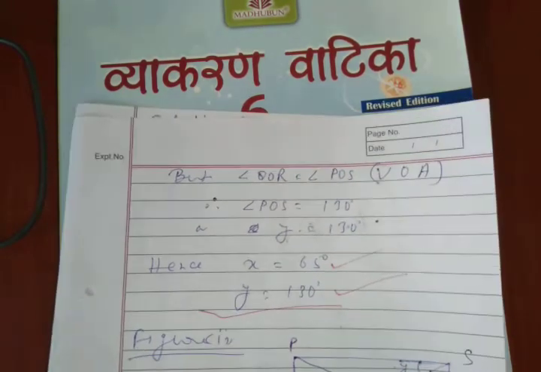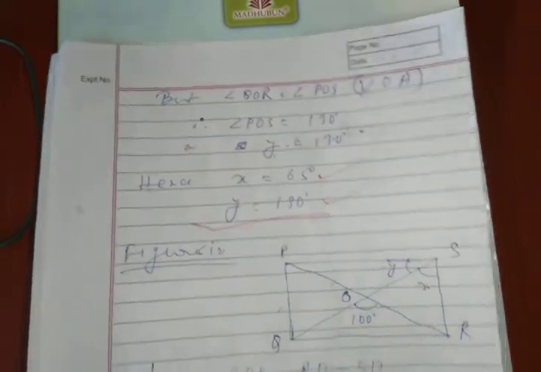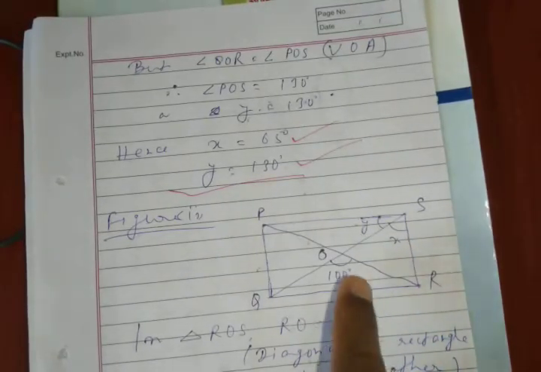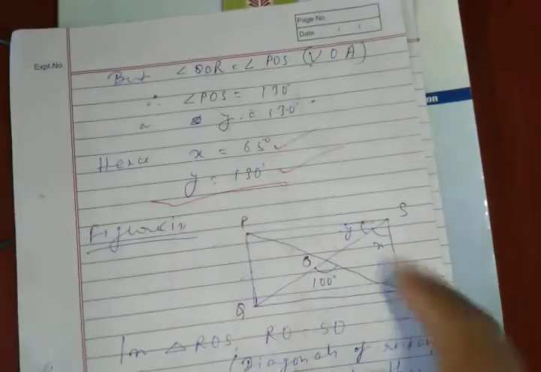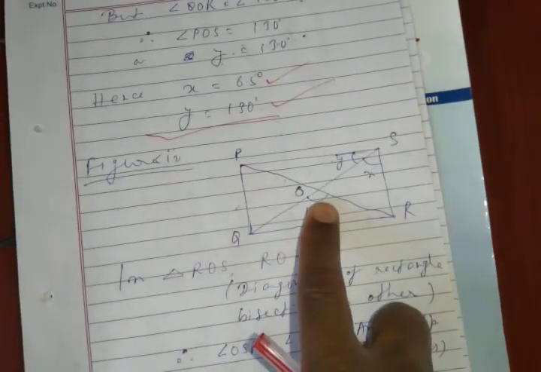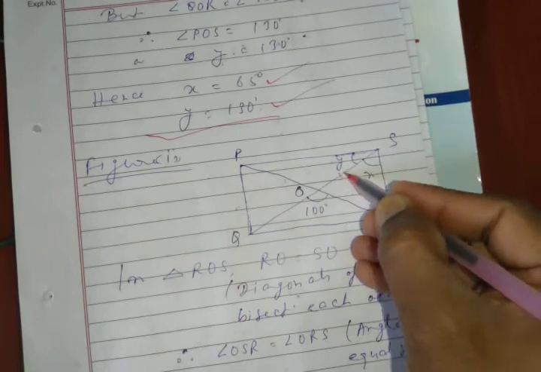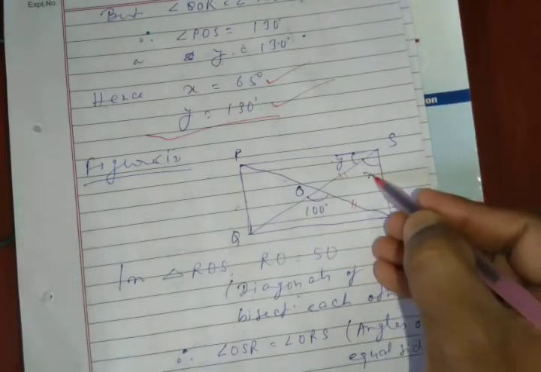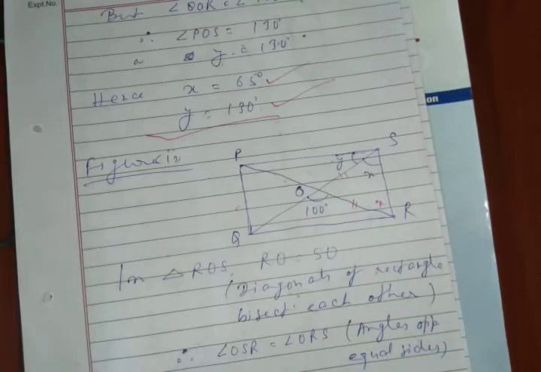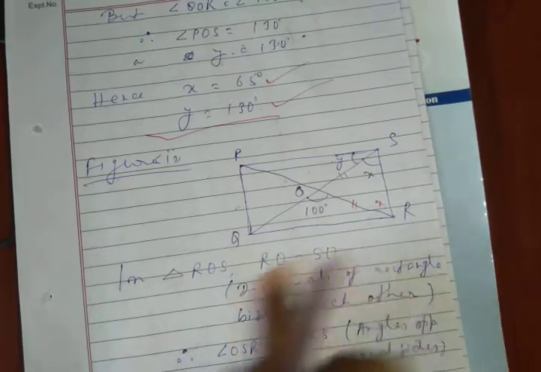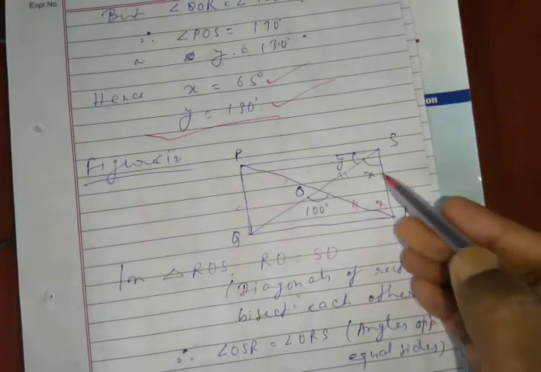So the next part of the same question is here. That is this figure. This is also a rectangle, and in this you are given this 100 degree. Then find x and y. So now this is 100 degree, and take this triangle first. In this triangle again, you see that these two will be equal. So this is x, then this will also be x. So this is x, this is x here.